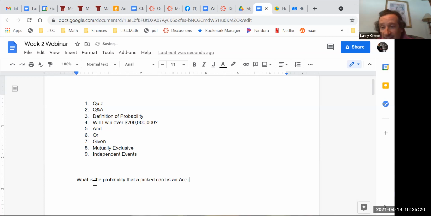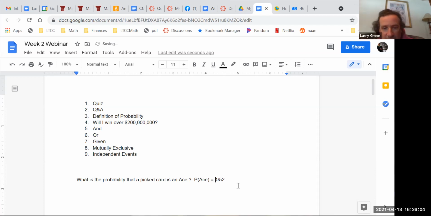Fractions are better in this case. My guess is you didn't do it in your head, but you might have. Fractions are better because they tell a story a little better. I like what some of you said, and the answer was 4 over 52. This is the one time in math where I actually discourage you from reducing the fraction. You're probably used to always having to reduce the fraction, whether you like that or not. But it's actually better not to reduce it because I think the story is told better with it not reduced. So P of ace